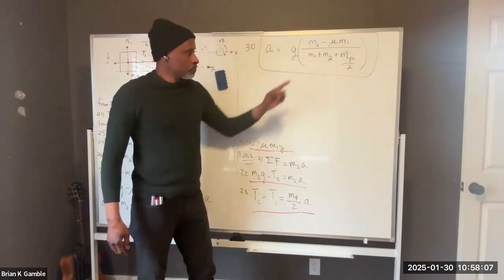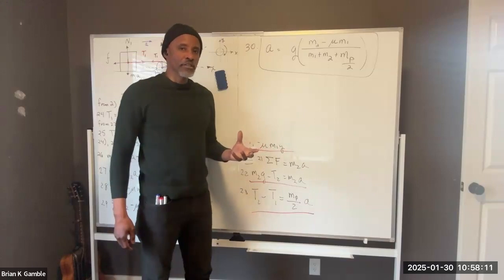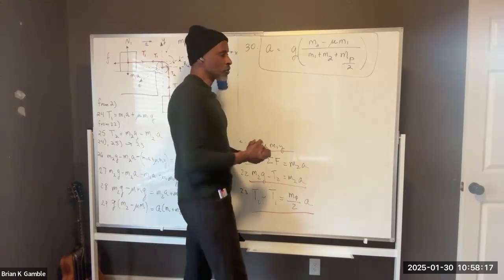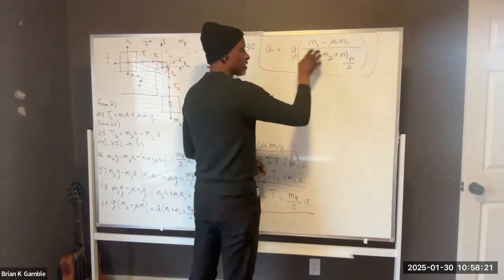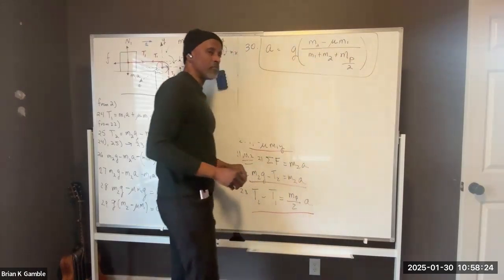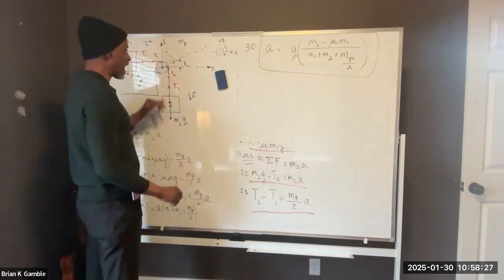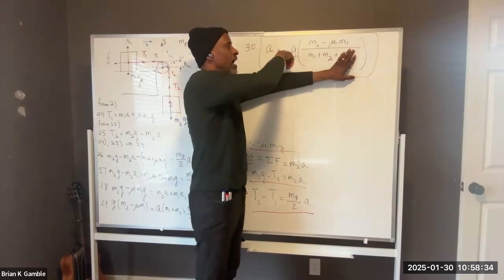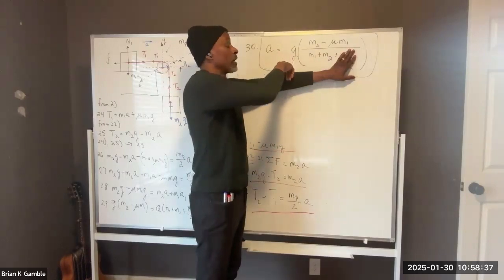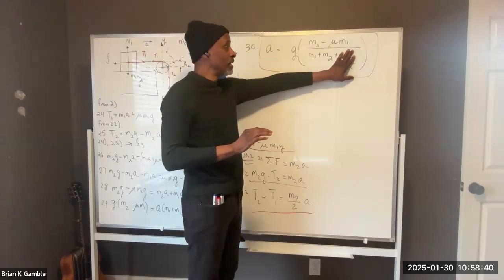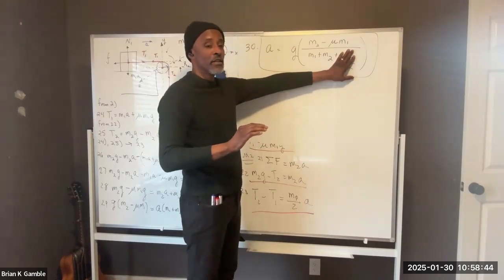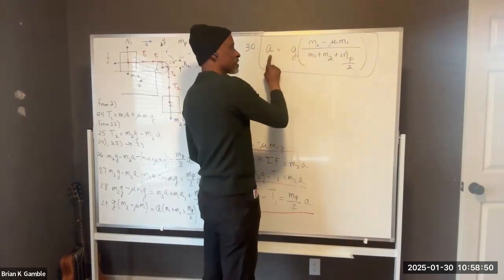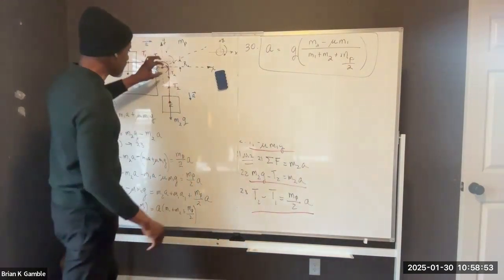The denominator, if that increases, then the total number decreases. Why? Because we're dividing by it. So in this case, the total inertia of the system is the sum of the masses of the blocks plus half the mass of the pulley. If that mass goes to 0, then the denominator decreases, and that means the total number increases, which means the acceleration increases,